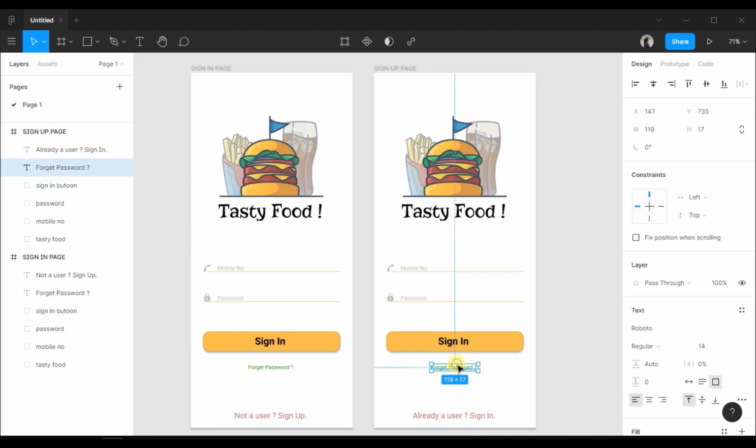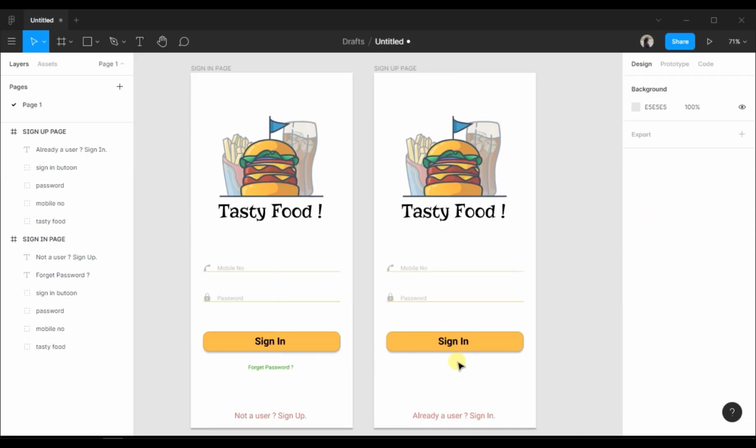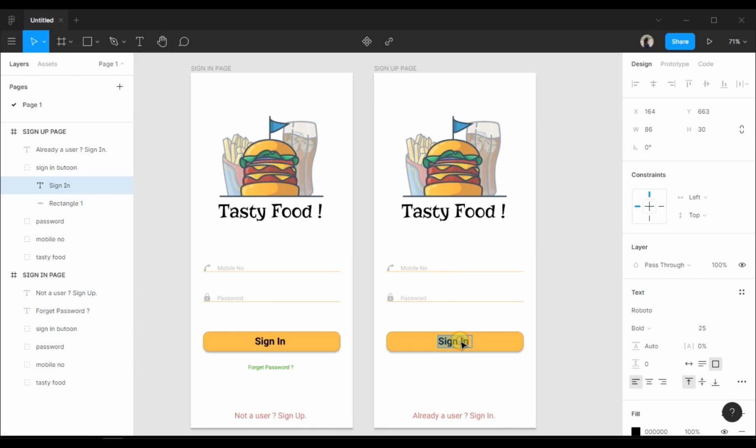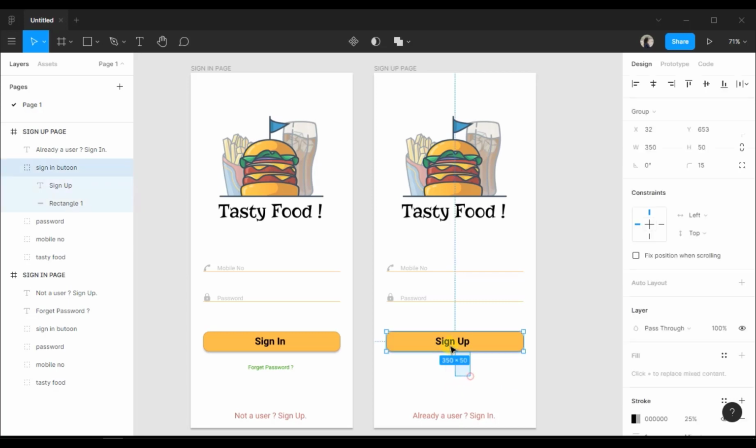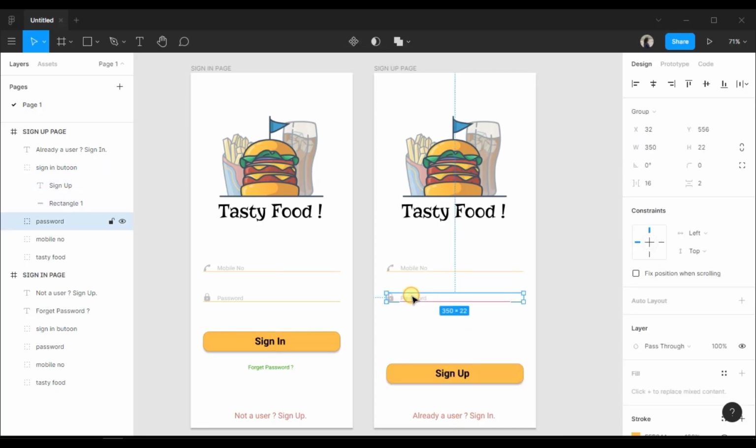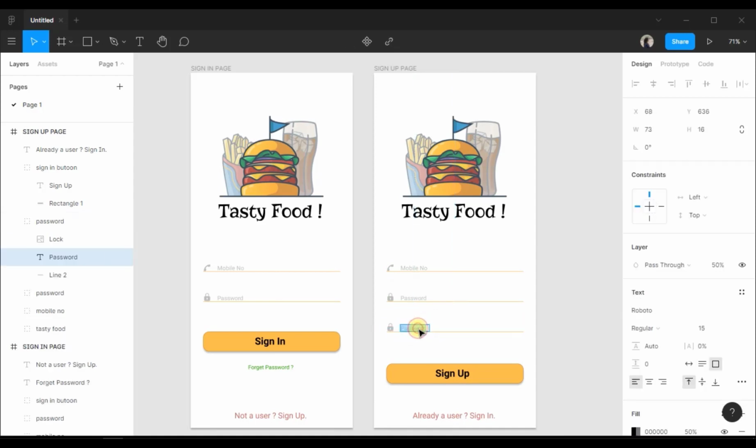And we don't want this forget password option, so delete it and rename it as sign up. Cool. Now let's take this button a little downside and copy this password field and edit this text saying re-enter password.